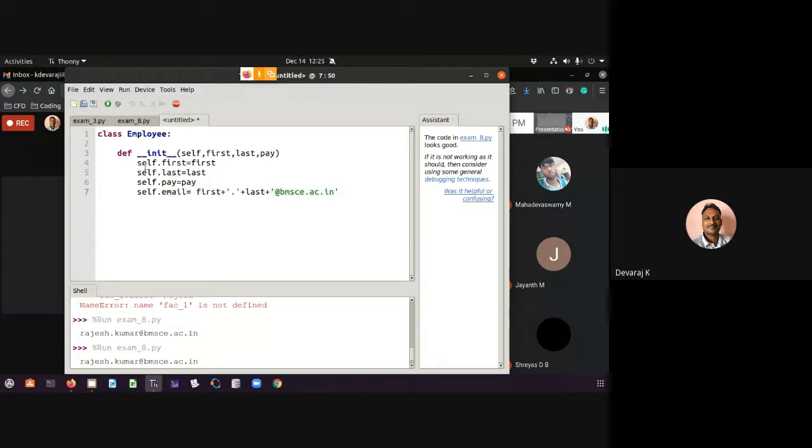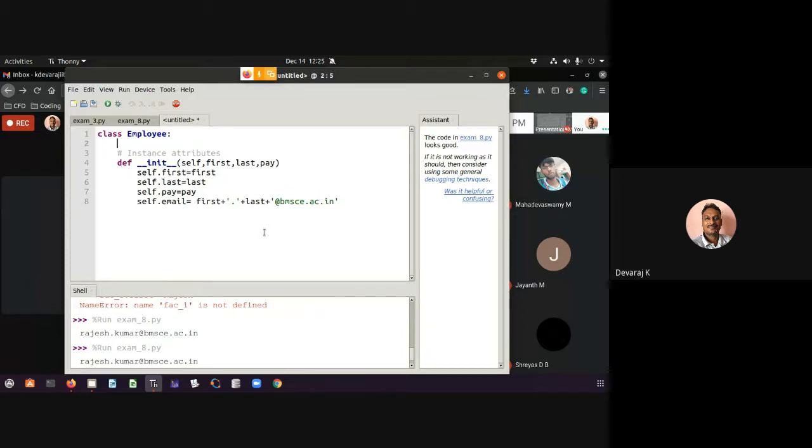So I have created these, which are called, I'll comment it, class instance attributes. These are the instance attributes I have created under the employee class.